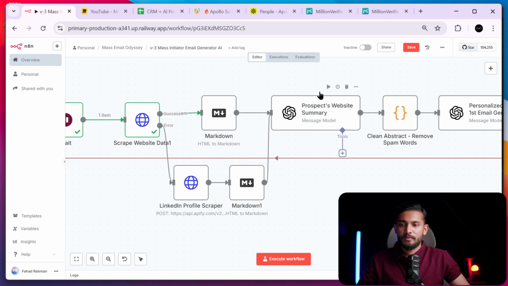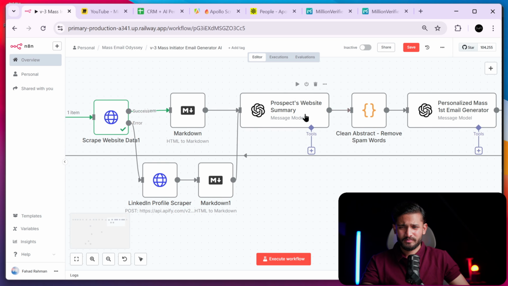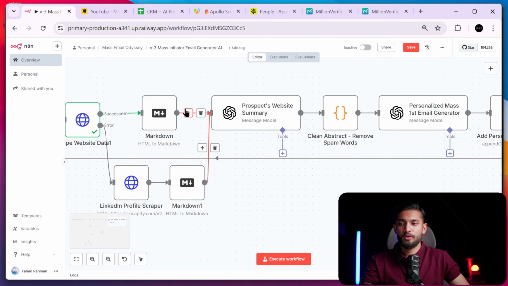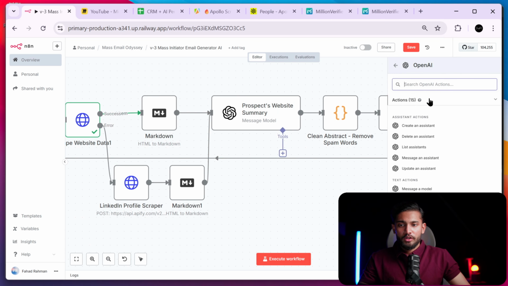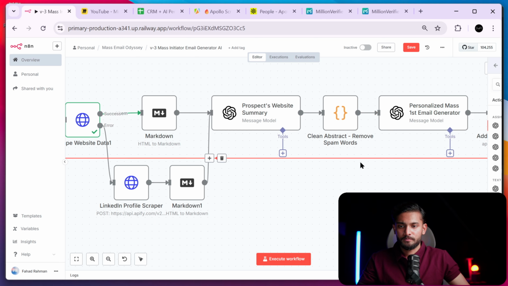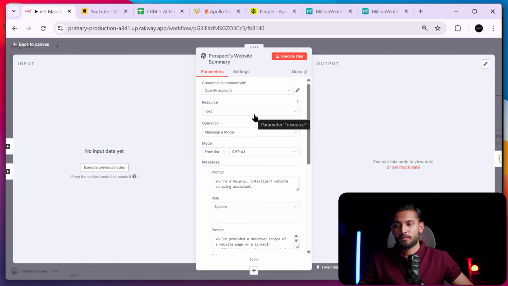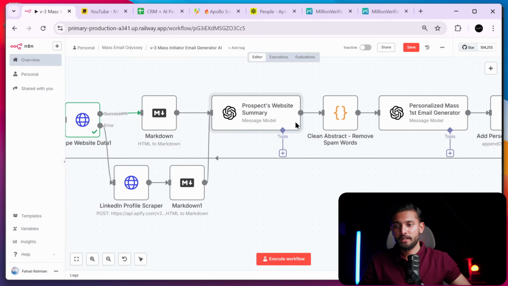So then it will go to this GPT node. The way you add it is click on plus and search OpenAI. Click on this, and you will select Message a Model and nothing else. I'm going to open this and show you everything, so you guys can also copy everything